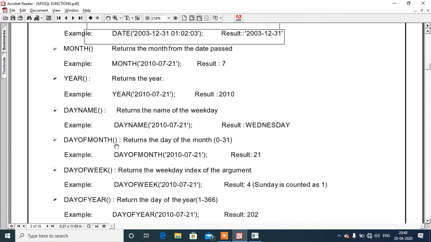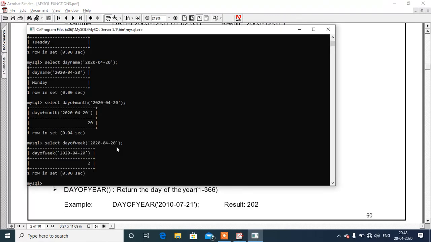Then we have the function dayofyear. The dayofyear function returns the day of the year in a 365-day rotation, so it will return 111. You can see if we write 2019-04-20, we'll get 110, and in this case we are getting 111.